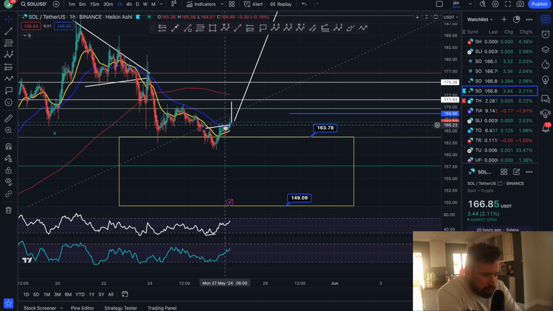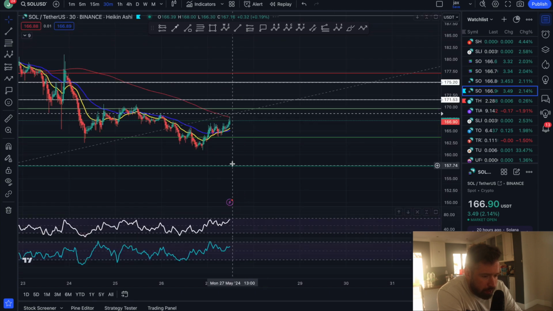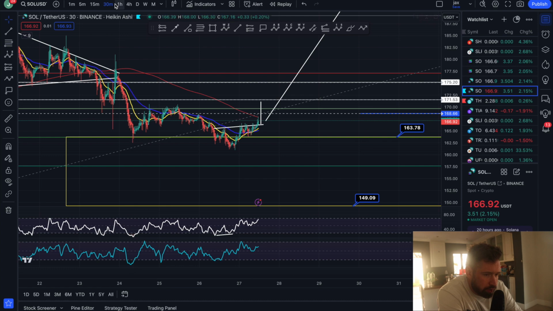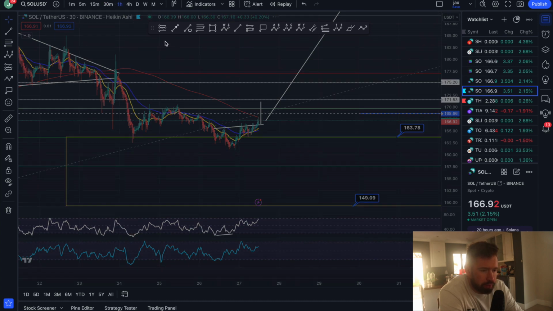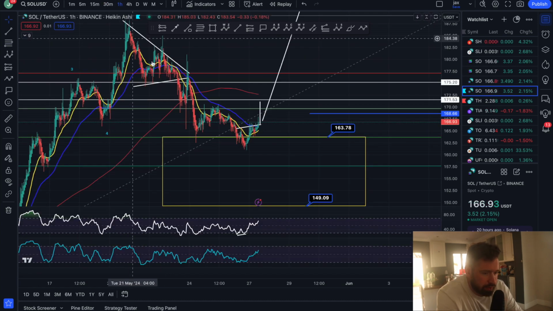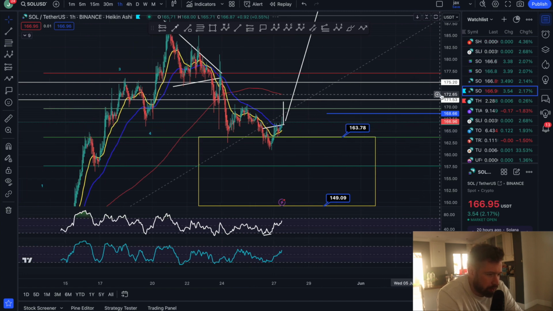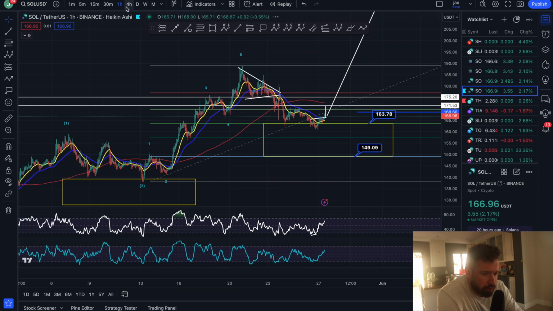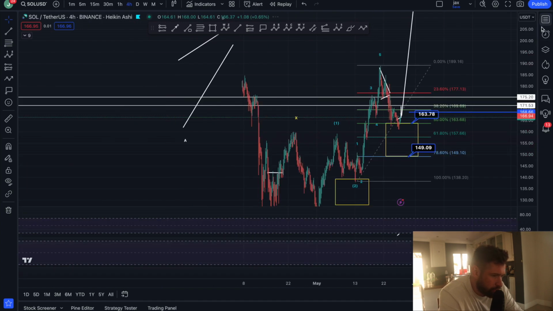So as you can see, we have a small inverse head and shoulders. There's a small bullish divergence on the 1 hour. We also have a bullish divergence on the 30-minute time frame. So we could push up from here. If we do continue to push up, and this, of course, we can ABC correct. But if we do continue to push up out of this target zone, then I can give you your next